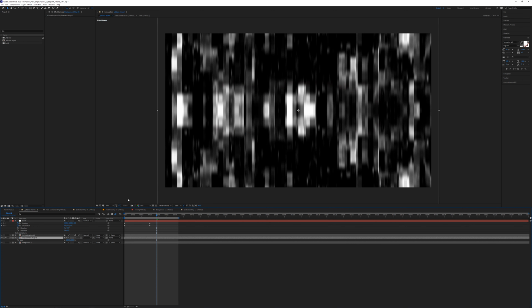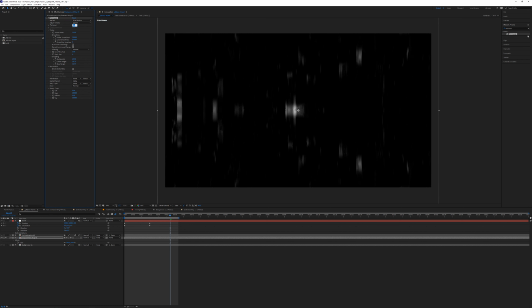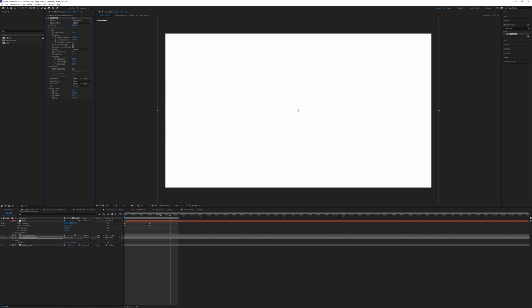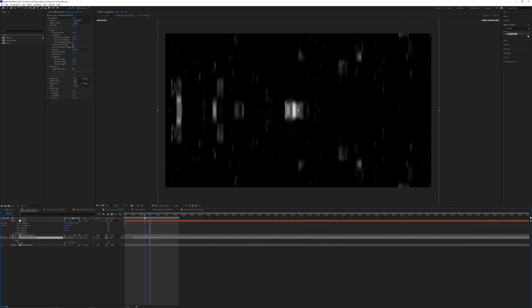If I solo this layer and then scrub along, what we need is this area where it gets really bright. That needs to be around frame 15 or 18, somewhere in that range. But it's a little bit slow, so we're going to speed this up. And we're going to speed that up with a time warp effect. So for the speed, we'll do something like 200, just so that's twice as fast. And then we'll pull this over so it's a bit darker right there. And then that looks pretty good in my opinion. And then we can go one step further, unsolo this.